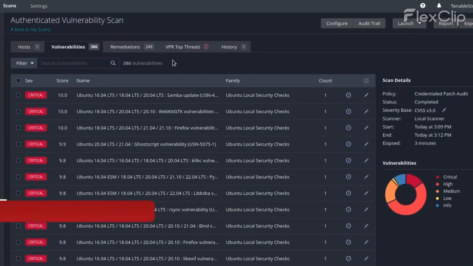We get a list of vulnerabilities from the Ubuntu Local Security Checks plugin family. Plugins grouped into plugin families check for vulnerabilities in the same context. For example, there are separate plugin families for checking vulnerabilities in databases, firewalls, or web servers. The Ubuntu Local Security Checks plugin family contains a multitude of plugins that check for local vulnerabilities and missing patches